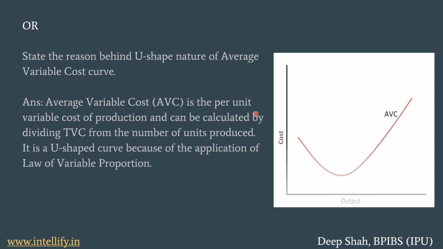So this answer is enough for a one marker question, but for explanation we can say that due to the increasing returns to factor, when TP rises at an increasing rate, it pulls AVC down. During diminishing returns to factor, when TP reaches its maximum point, AVC attains its minimum point. So AVC is here at this stage. And then finally, when TP starts falling, it leads to a rise in AVC as shown in the given curve.